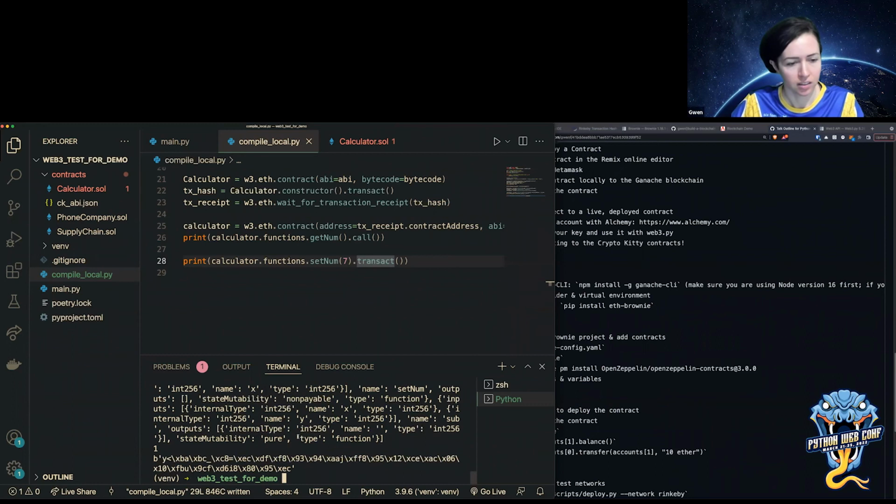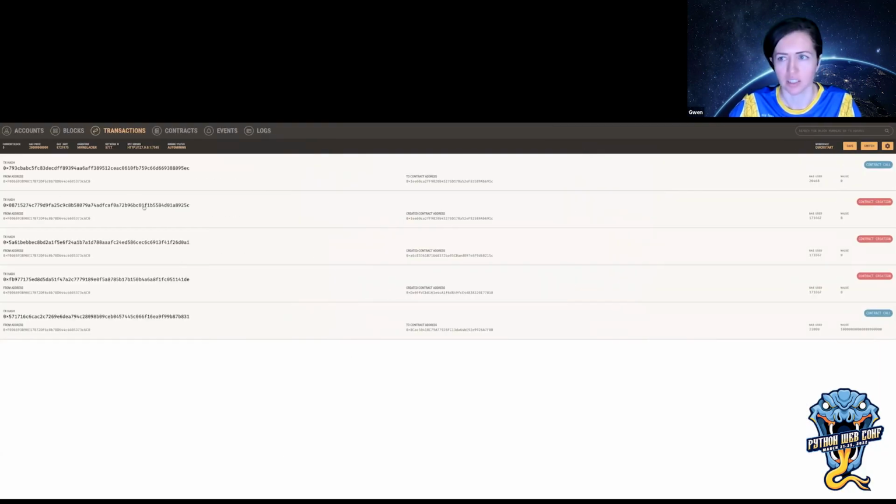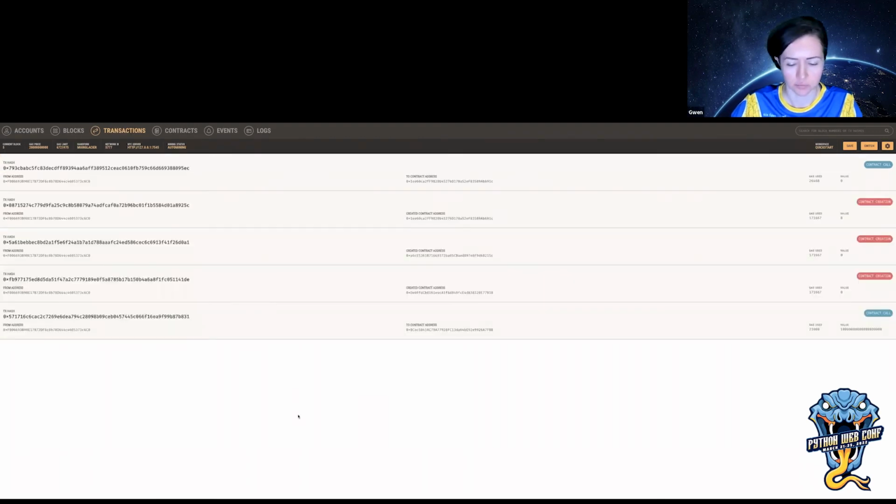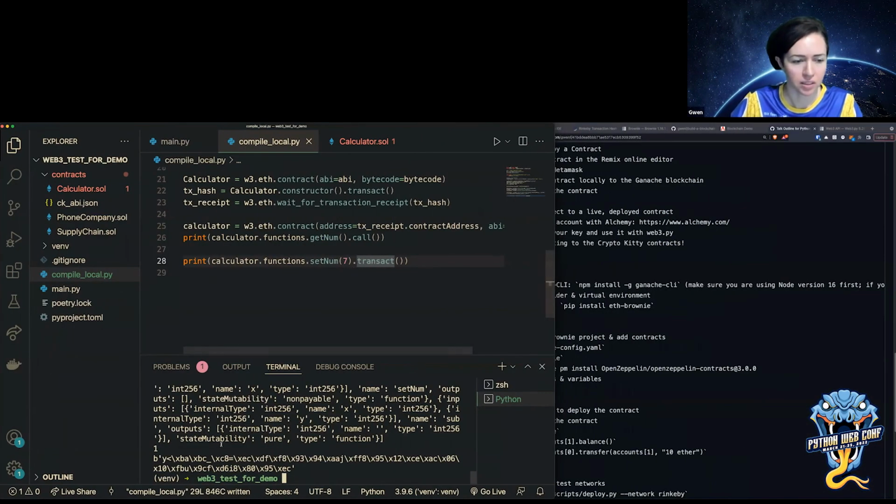Okay, cool. And that just prints out the bytecode. I don't really need to print that out. But you can see that I've just kept creating the same transaction for some reason. But this is the one that I just ran. It created that transaction. And then you can see that this was a contract call, which used some gas because I was setting information on the blockchain. So it's not really helpful to print this value out, I guess.